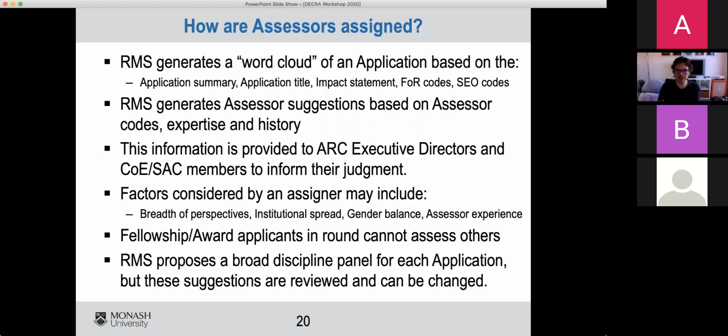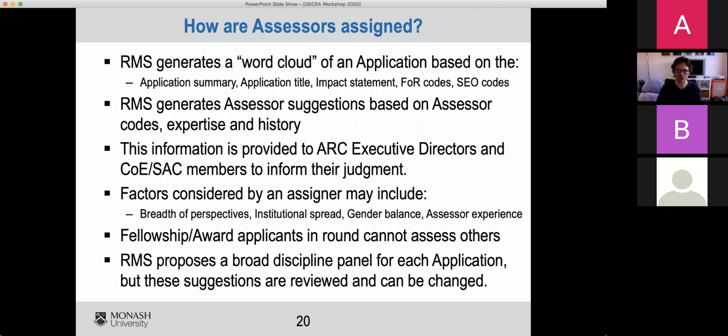So the assignment of assessors is quite important. And so part of what you do when you prepare your application is you try and get your application read by the most likely to be favourable assessors. So the system into which you submit your grant generates a sort of word cloud, including your application summary, title, your impact statement, and your field of research and socioeconomic objective codes, which we'll come to.